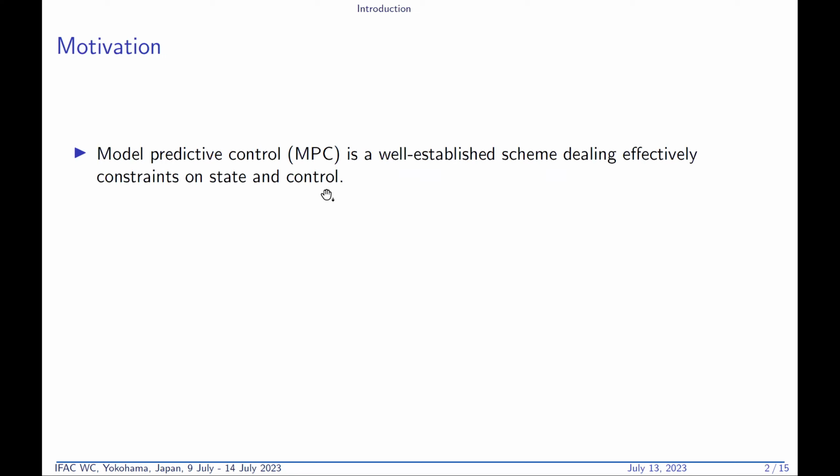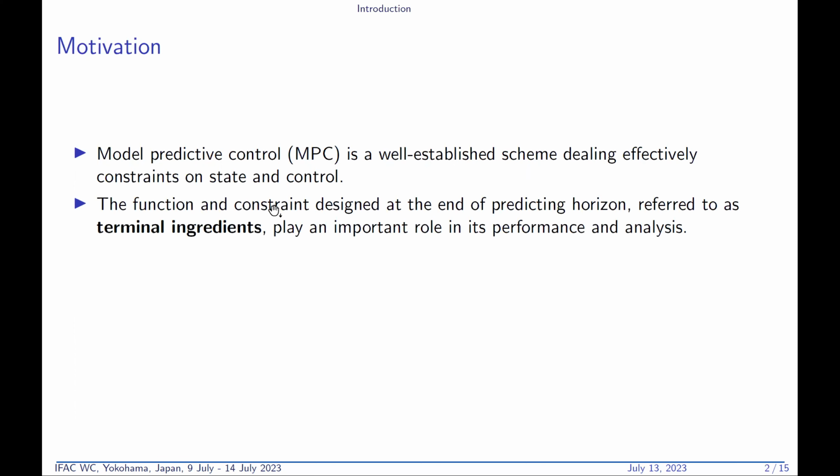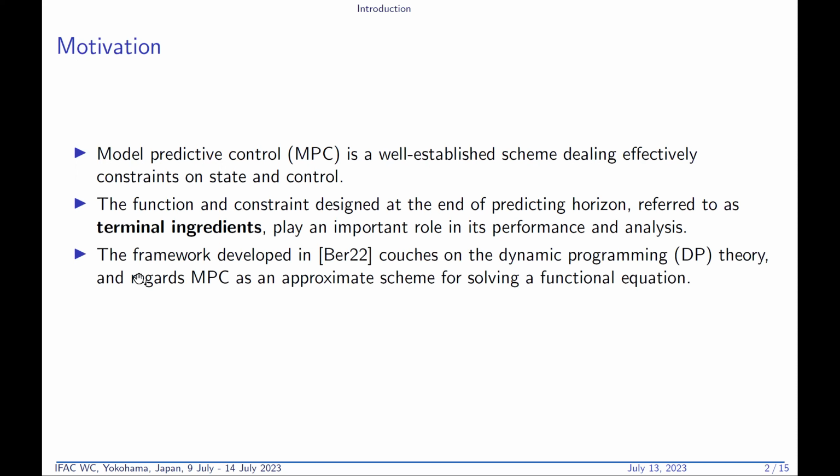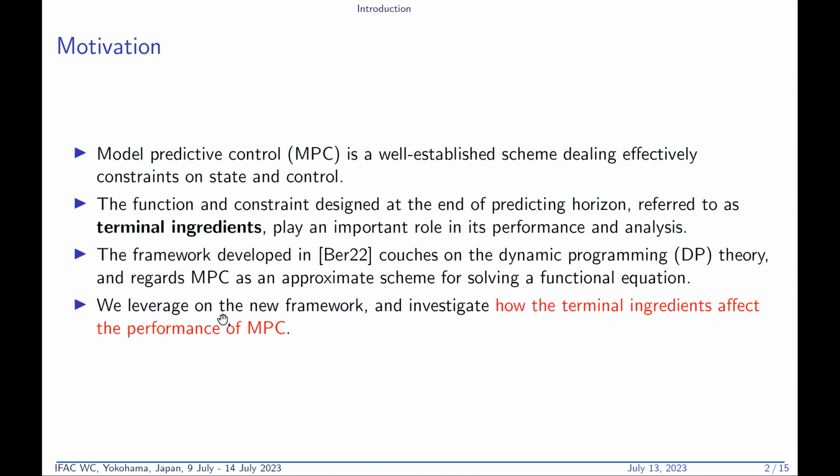Based upon a model, it predicts how the system evolves into the future in order to facilitate the decision-making at the current stage. The function and constraint designed at the end of the predicting horizon, referred to as terminal ingredients, play an important role in performance and analysis. Recently, a framework developed by Bertsekas couches on the dynamic programming theory and regards MPC as an approximate scheme for solving a functional equation. We leverage this new framework and investigate how the terminal ingredients affect the performance of